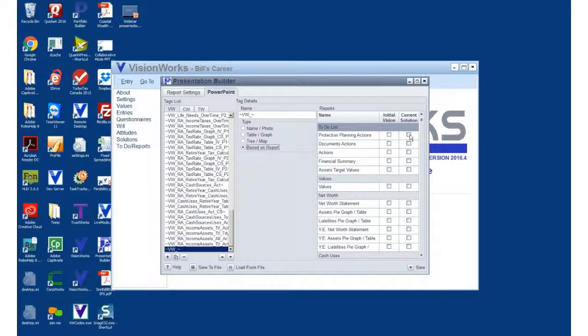So I'm going to create a tag just for the protection planning actions for the current solution. So I select it, and then I need to give it a name. Now, this is a little bit of code that just identifies the type of tag that's being created, whether it's VisionWorks, CorpWorks, or TrustWorks. And so I'm just going to call this to-do list PP for protection planning actions. So you can call it whatever you want. And then I'm going to copy it,